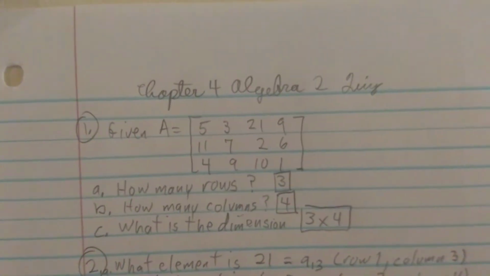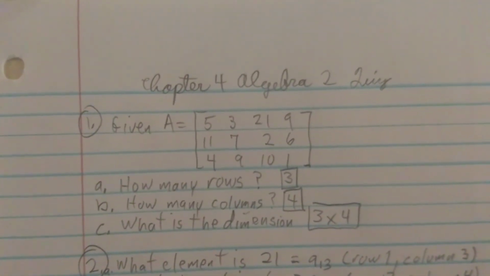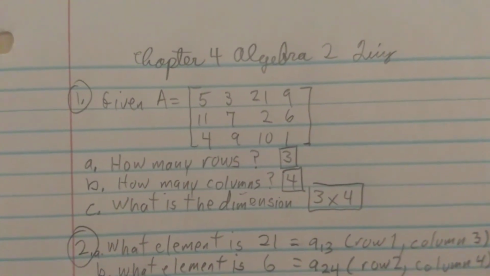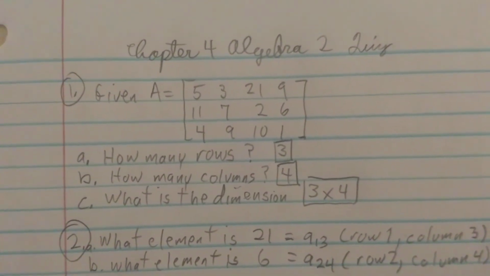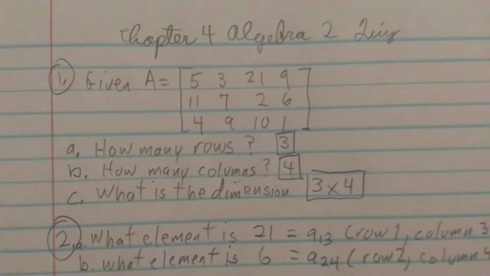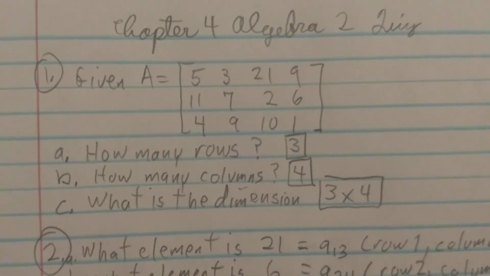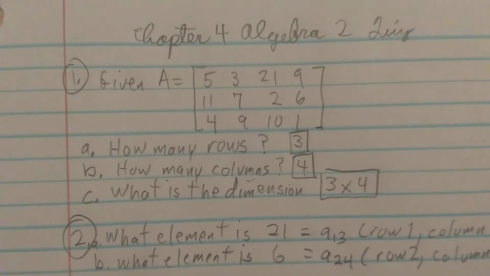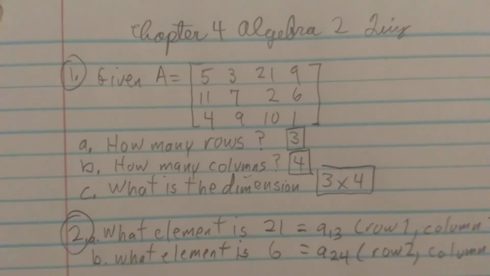Guys, this is for Daniel and Tom. I know Emma's been scanning homework for both of you. So Daniel and Tom, when you turn this in, turn in your homework 4.1 through 4.4, and then you'll be caught up for that. So here on problem 1, we're given a matrix A, which has 3 rows and 4